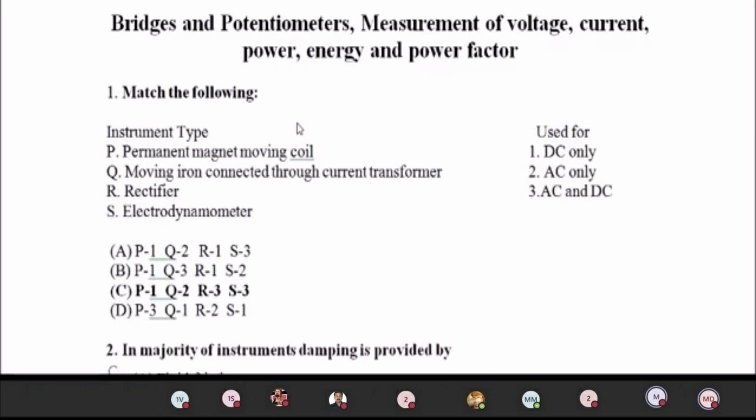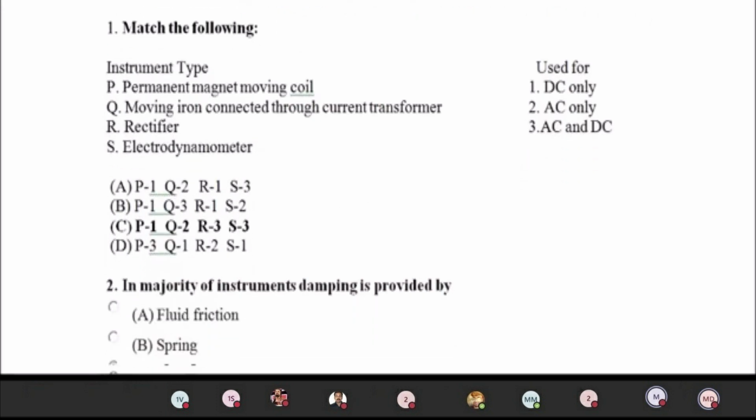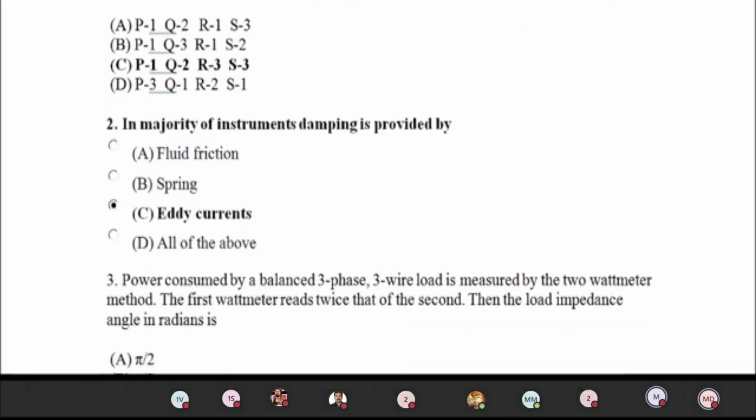And third one, rectifier. All of a sudden, by saying rectifier we would move to DC, but in fact we are converting the AC into DC. So both the supplies are involved here. For that we have to choose rectifier. Exact match is third one, AC and DC. An electrodynamometer type instrument is also used in AC and DC. So the correct choice is choice number 3. Like this you have to find the answer, but we should not spend too much time on one question itself, since time is limited in the examination.